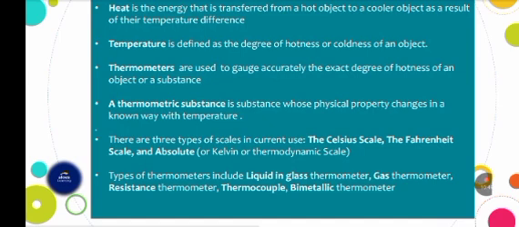5, there are 3 types of temperature scales in current use, which are the Celsius scale, Fahrenheit scale, and the absolute or Kelvin or thermodynamic scale. And finally, we have the types of thermometer, which include liquid in glass thermometer, gas thermometer, resistance thermometer, and